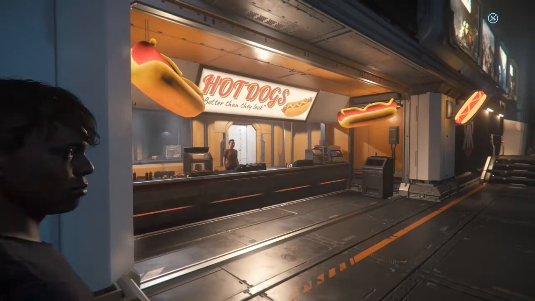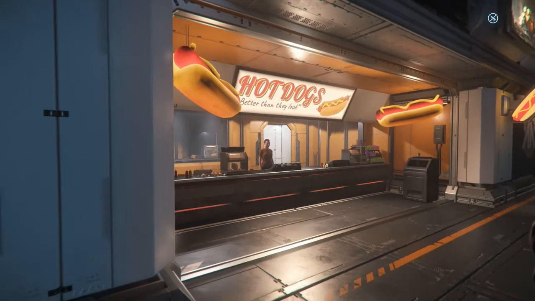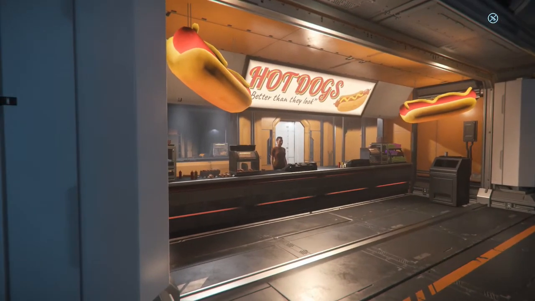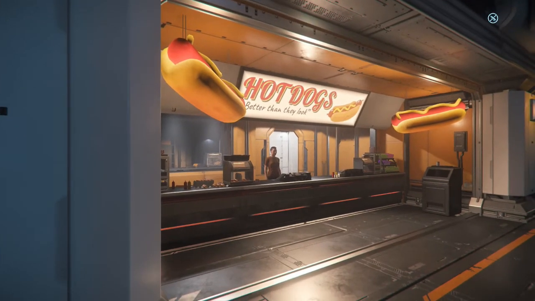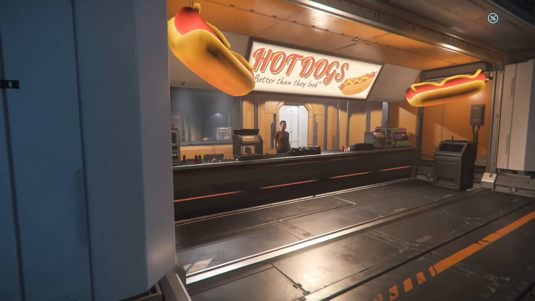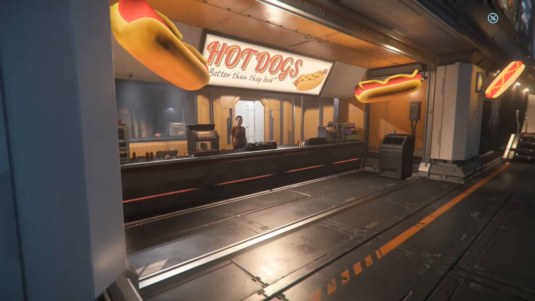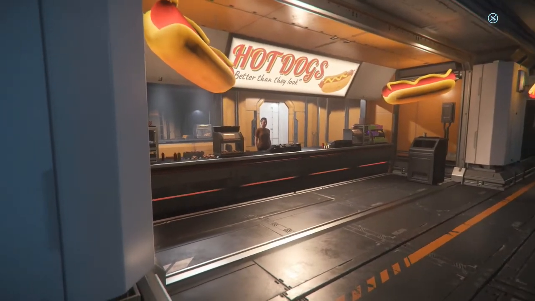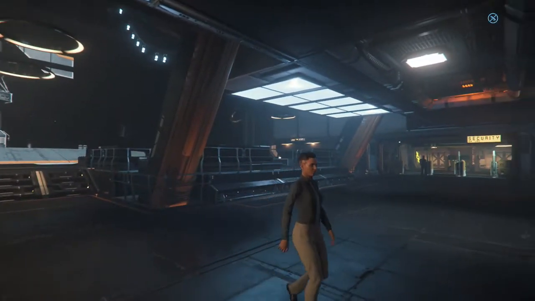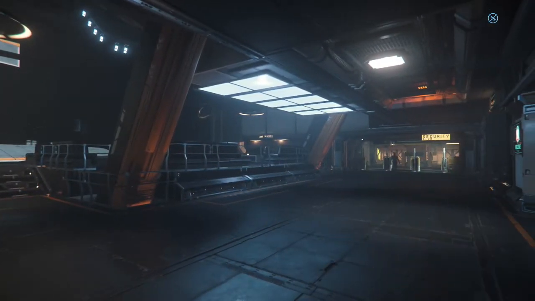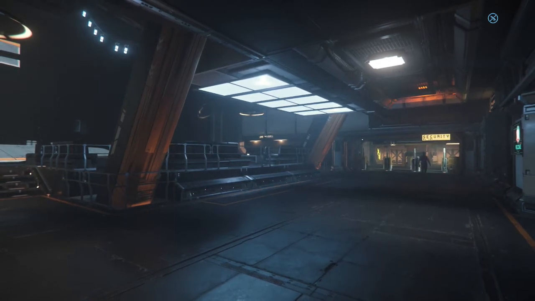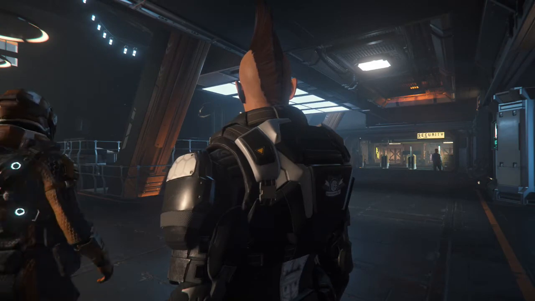Star Citizen is a beautiful game, and you can get a lot of great screenshots and videos. Today I will be using an iconic scene for my setting, which is the hot dog stand. Now I won't be focusing so much on the controls today, those are well covered elsewhere, but more on how to use them. And so without further ado, let's go to our external camera, F4, and